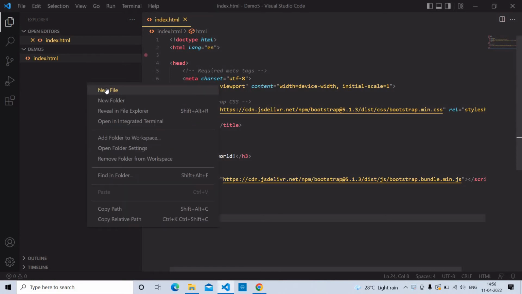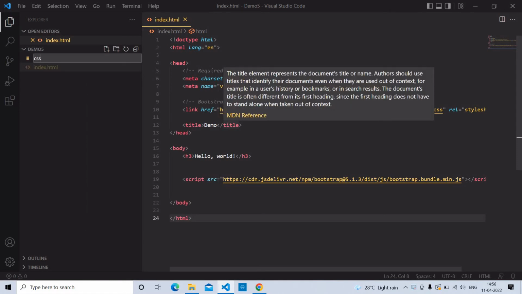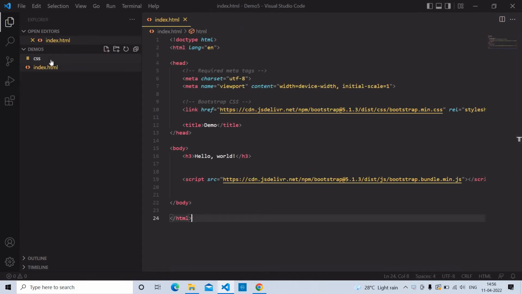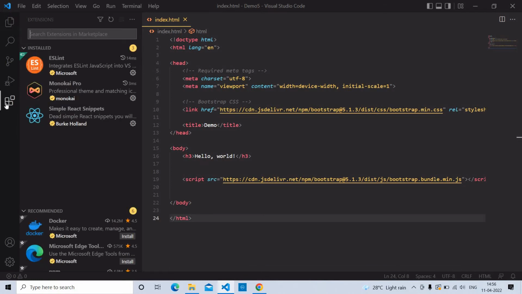You just need to create a folder for CSS. Here you will include the CSS files and SCSS files, right? So we will use it with the plugin. You can say extensions in Visual Studio Code. You can search here